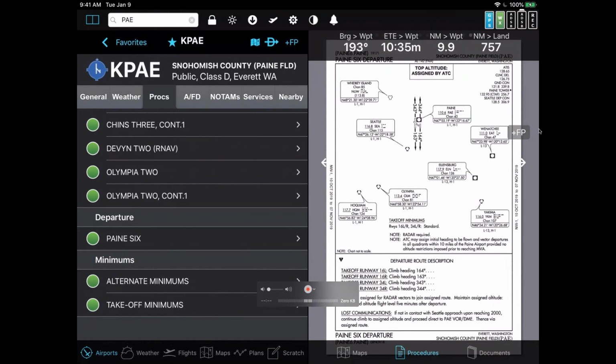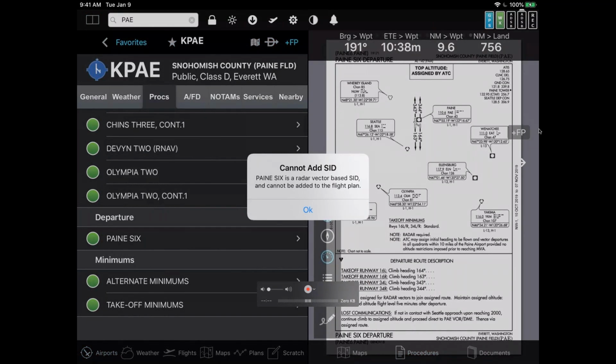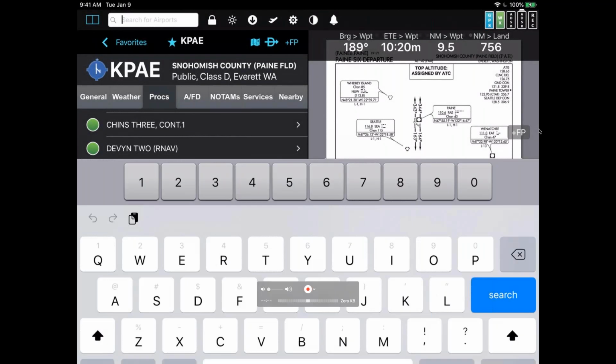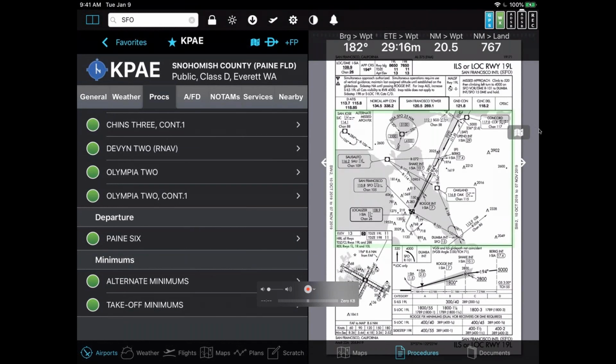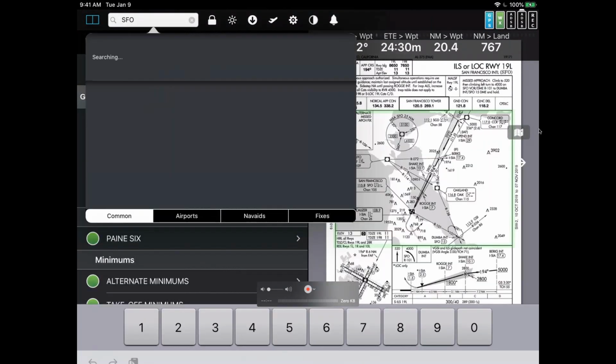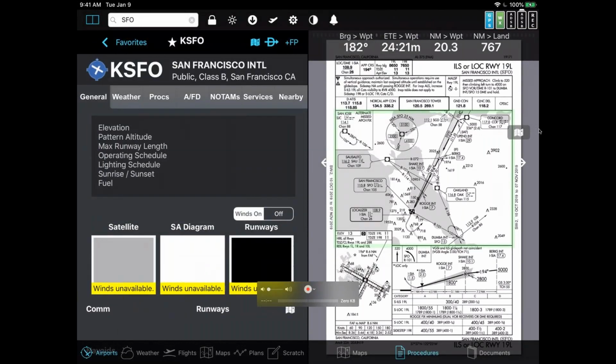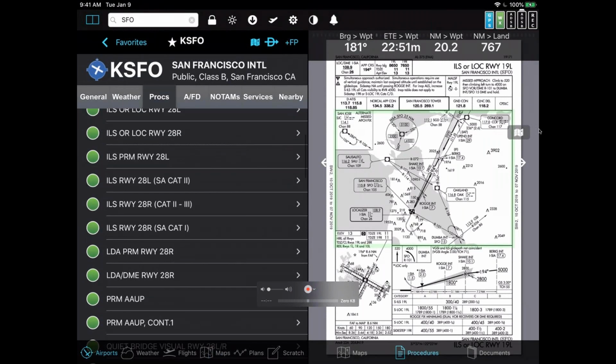And you may notice on the screen, there's a plus FP button on the right-hand side next to procedures. Unfortunately, in this case, I can't do it because the citizen star is vector-based. Let's try San Francisco. I'd be willing to bet they have procedures at San Francisco that we can use. All right, so let's look at the procedure and look at an